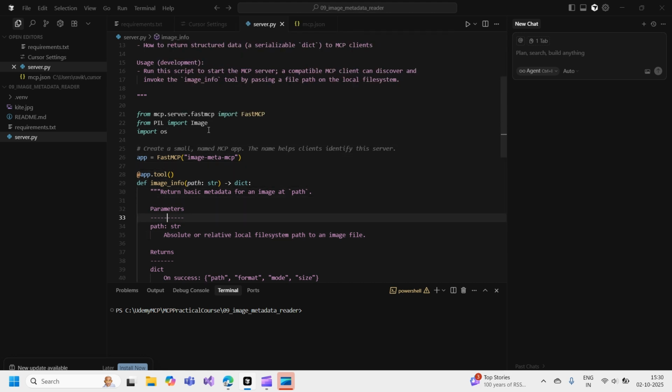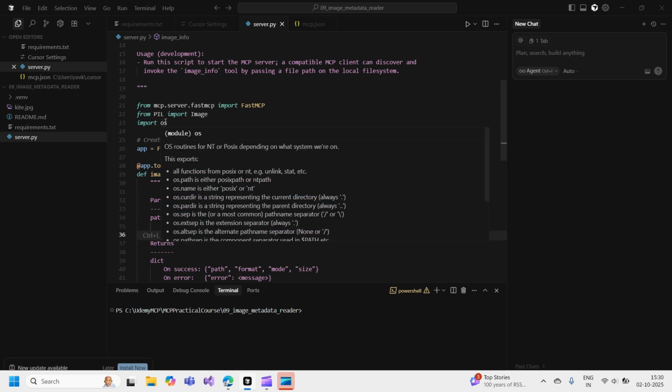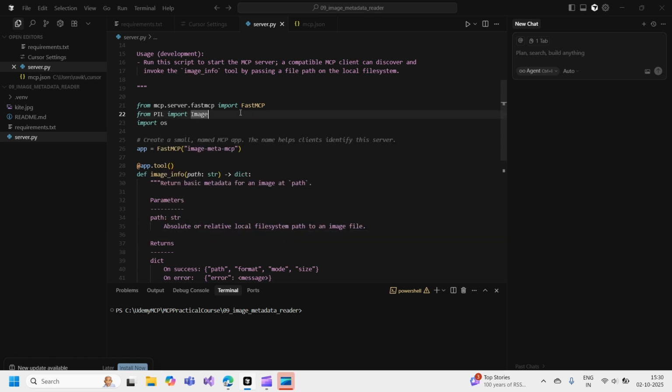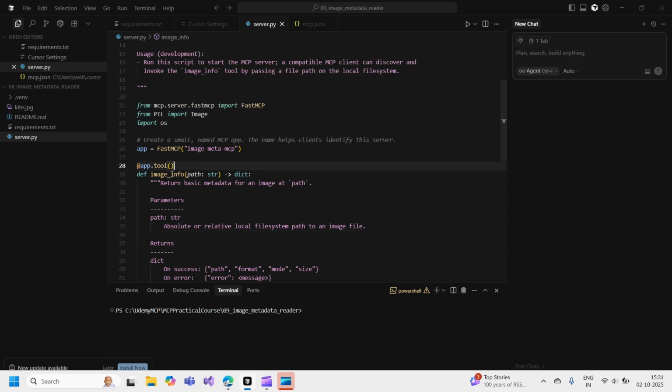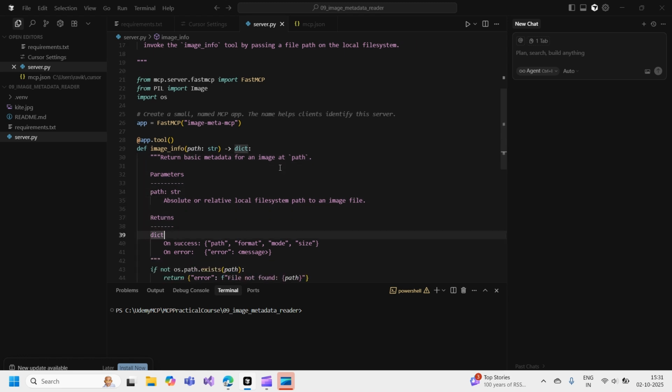We are also going to work with the OS library to perform some of the operations of reading the file. The FastMCP instance is created here, and here we are creating this image info tool where the path